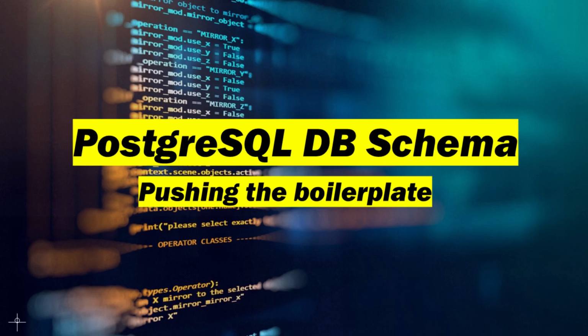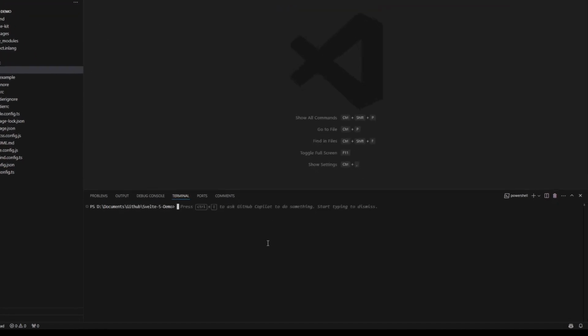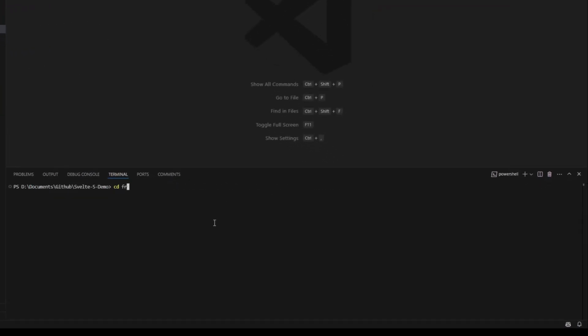Now let's upload our initial database schema that was created using the Lucia demo, Drizzle ORM. This will create the necessary tables for user authentication and the base for our application's role-based authentication control. We'll start by opening a new terminal. Do cd frontend to move to the frontend directory or whatever you called your application.